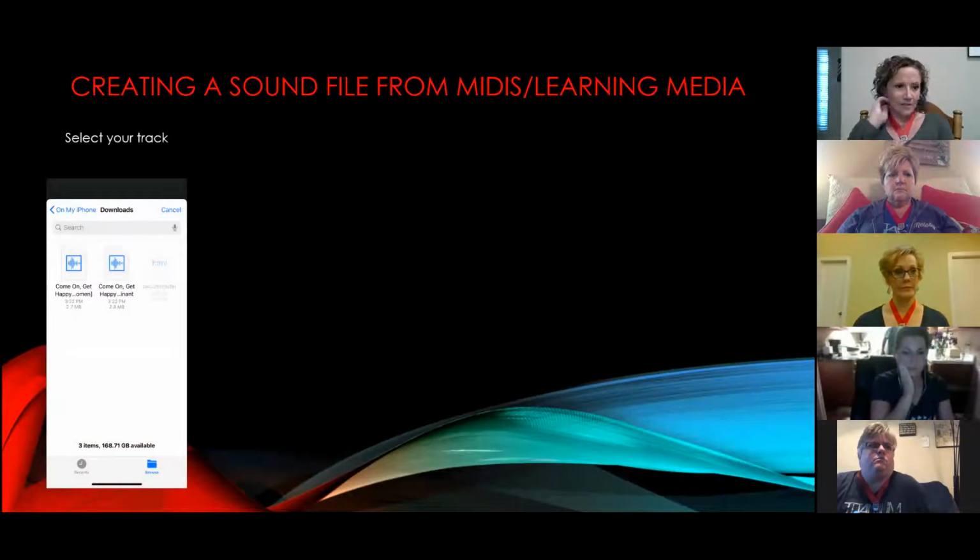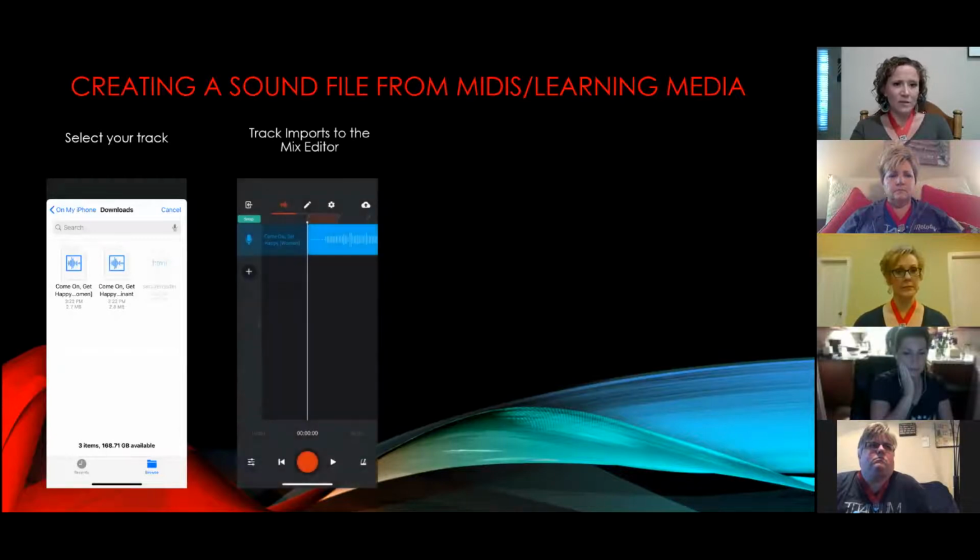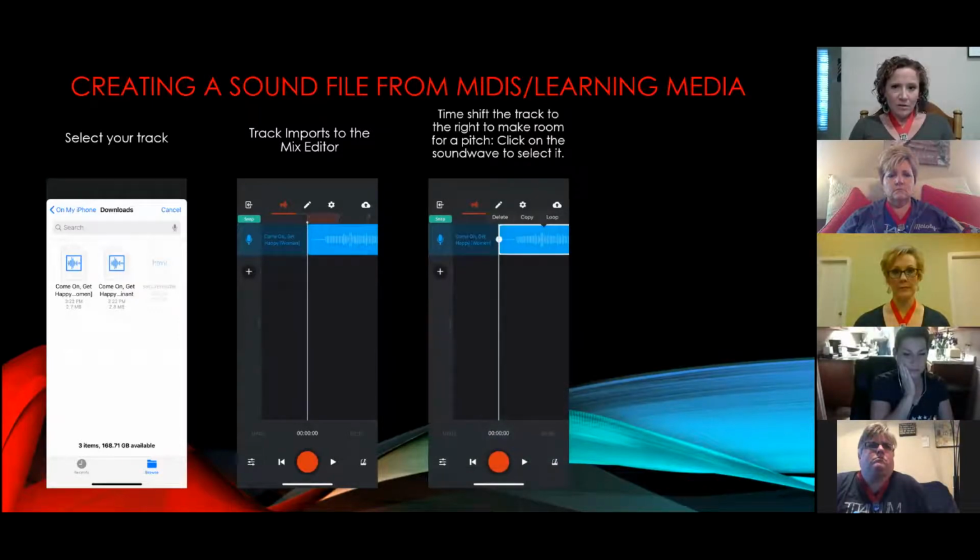And here's the tracks I downloaded. So I'm going to go ahead and click on my track I want to import, and it drops it in at 0. And so to make room for a pitch, you're going to click on it, which is going to give it kind of a white border. And then when you click on it and just drag it to the right, this button on the upper left-hand corner that says snap, that's going to snap you to 1/4 of a second,